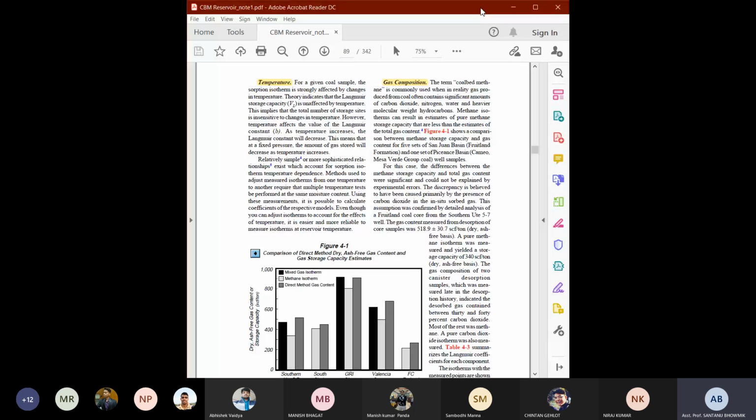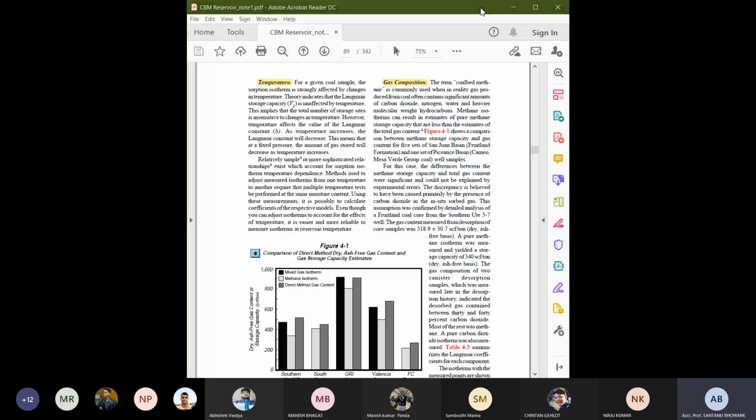So there will be total gas storage capacity or the partial gas storage capacity based on the different components. And it is observed, you will also see later, that the nitrogen, methane and carbon dioxide gas storage capacity is going to change in the ratio, at the same temperature and pressure, as 1:2:4. The ratio of nitrogen, methane and carbon dioxide gas storage capacity for different coal at the same temperature and pressure condition is going to vary in the ratio